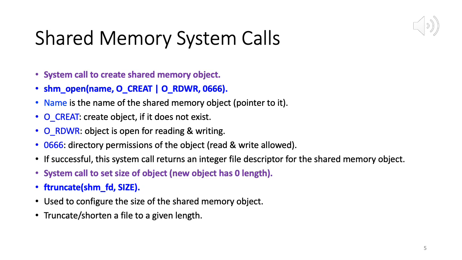Okay. So if the system call shm_open is successful, it returns an integer file descriptor for the shared memory object. So as we had discussed earlier, the shared memory object is implemented as a memory mapped file. So this whole object is a file which can be mapped to address spaces or mapped to memory of processes. So because it's a file, if the shm_open system call is successful, then it will return an appropriate file descriptor for that file.